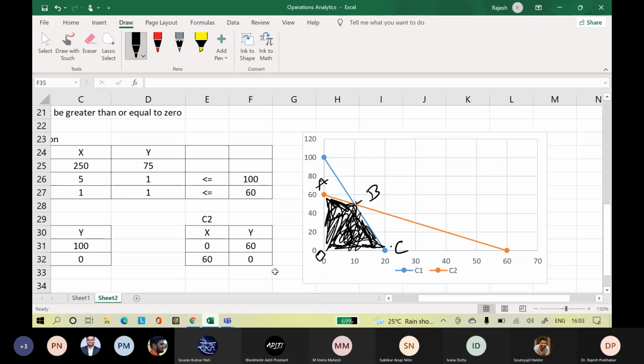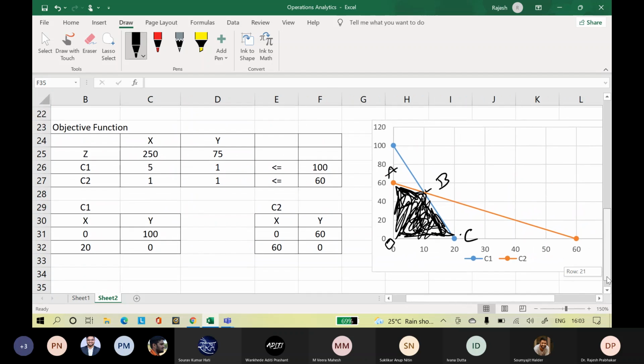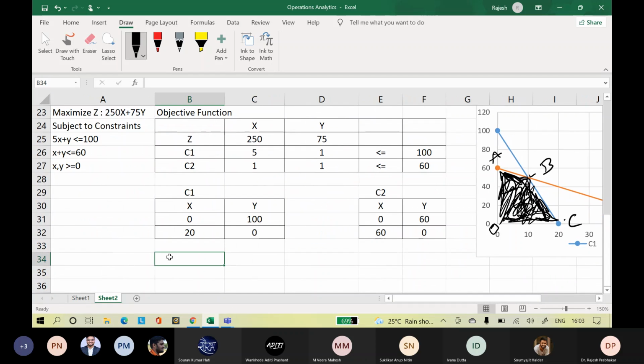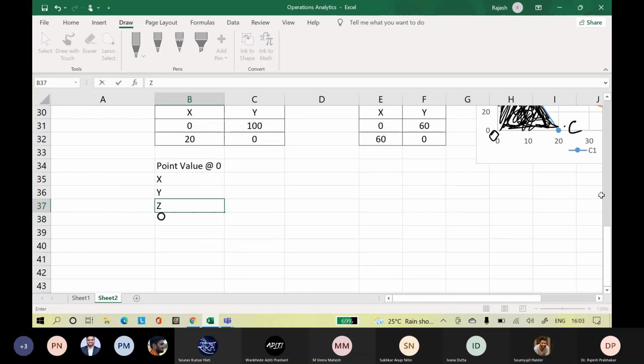Based on this graph, what is the X value and what is the Y value? We can also calculate the Z value. So what is the value?